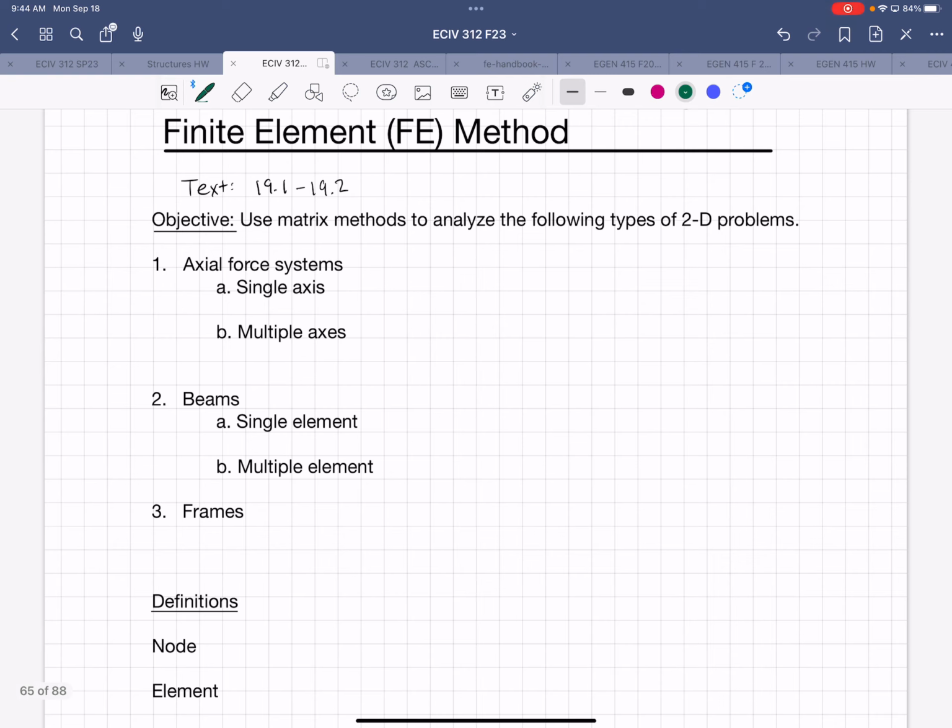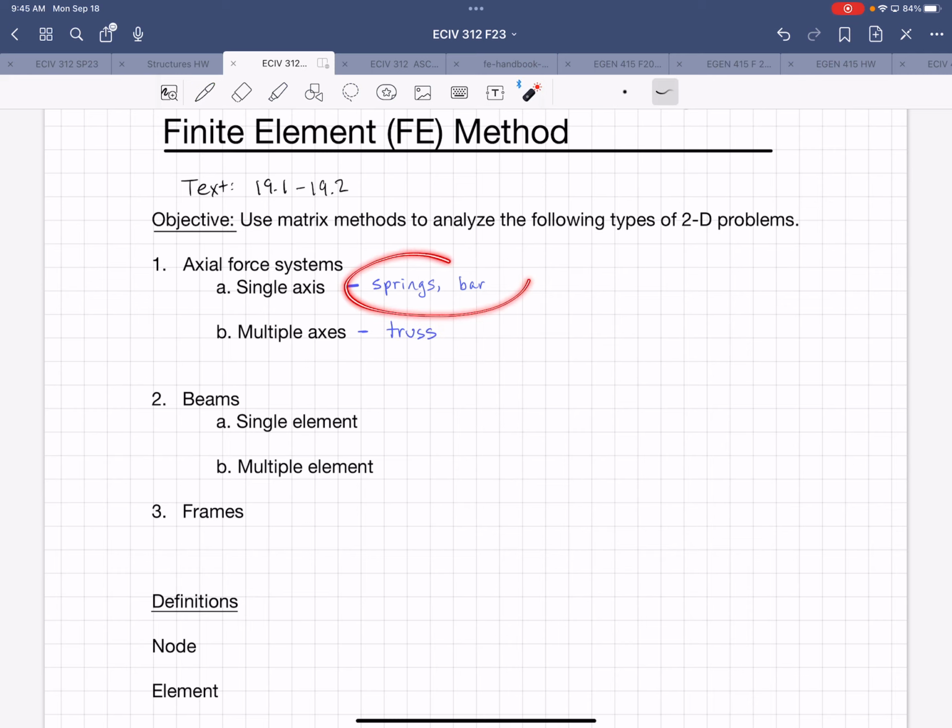So we're going to look at axial force systems, right? Specifically single axis and multiple axis axial force systems. A single axis axial force system is really just a spring or a bar, right? The two force members that we talked about before. And then we'll look at axial force systems that have multiple axes. So that's just a fancy way of saying truss,